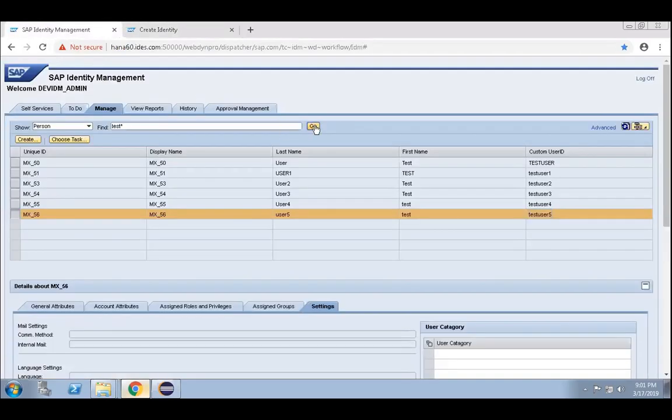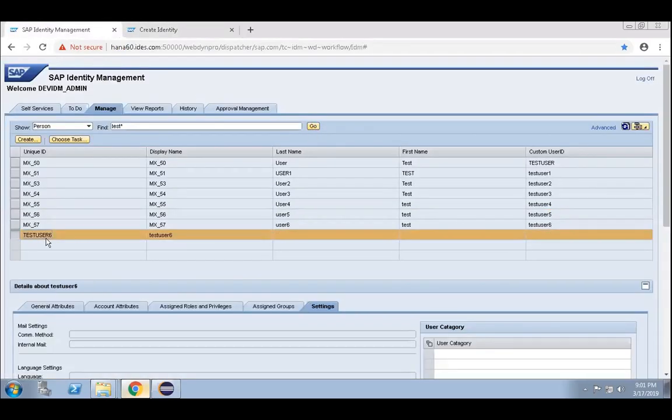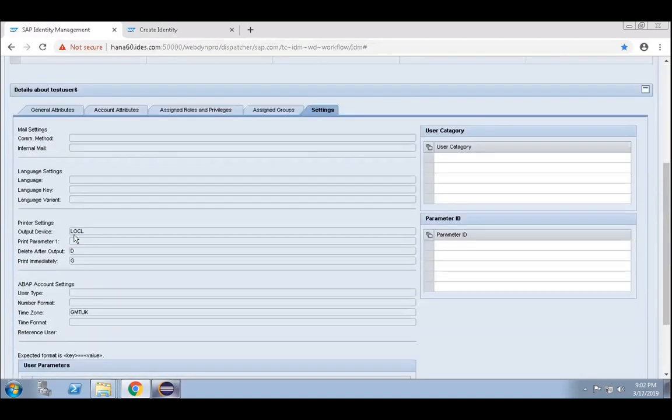Now go back. Now see, that user ID is created. Okay, but first name, last name is gone. Why gone? The display name has come because first name, last name I have given for this user only, not for this user. Not for this attribute. For this attribute, first name, last name is not coming. These default values are coming.